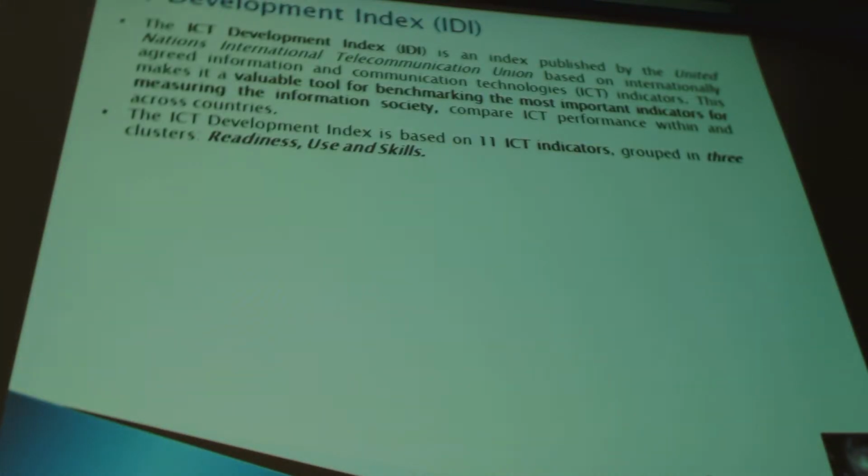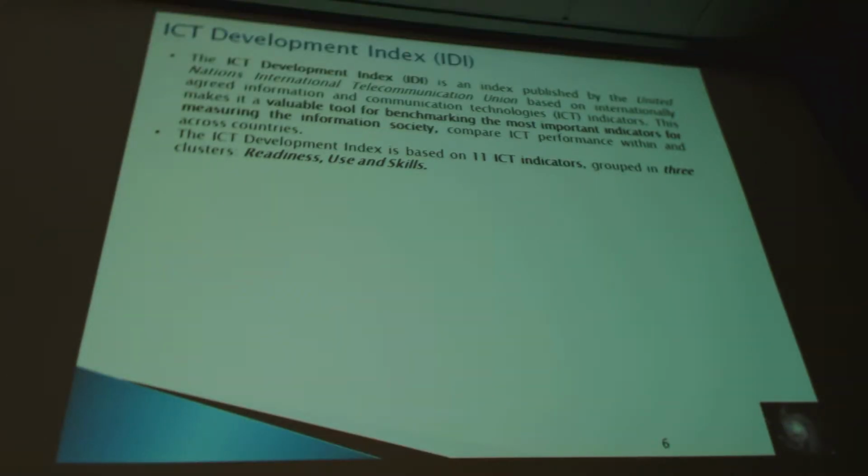So how do we really measure this information society? That is, how well am I really performing in order to impact the real world? The United Nations International Telecommunication Union has come up with an agreed upon index called the ICT Development Index, or IDI.